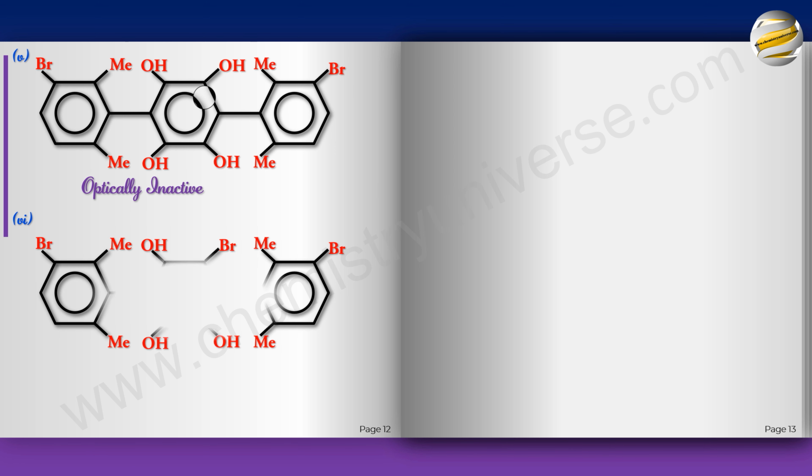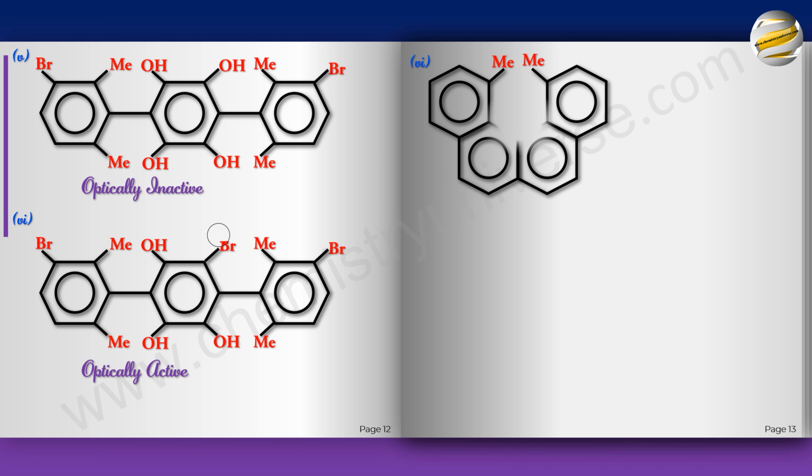Try this. Now this is similar to this, but I've just put a Br here and now everything goes haywire. There is no symmetry. Pause the video. Now, on the face of it, it looks symmetrical because you cut from here, but this is similar to the molecule I showed you, hexahelicene. These two MEs will go out of plane, and because these two go out of plane, they will not be in the same plane and there will be no symmetry. So optically active.